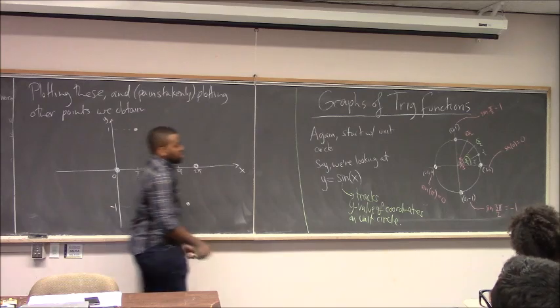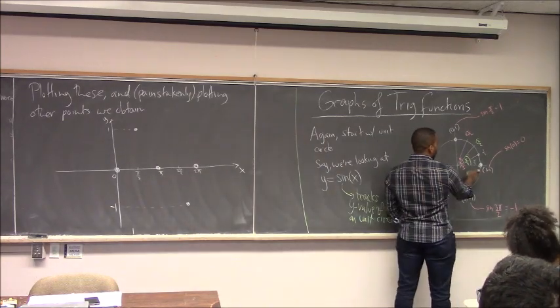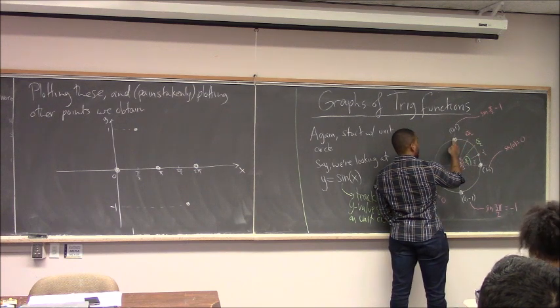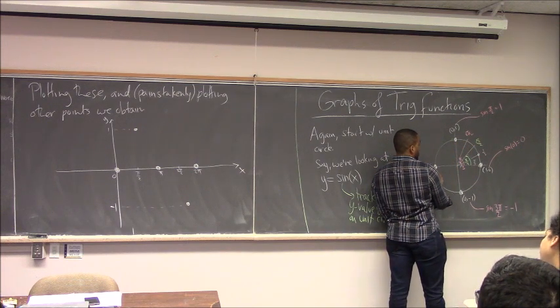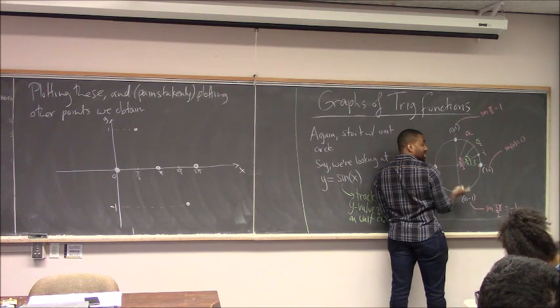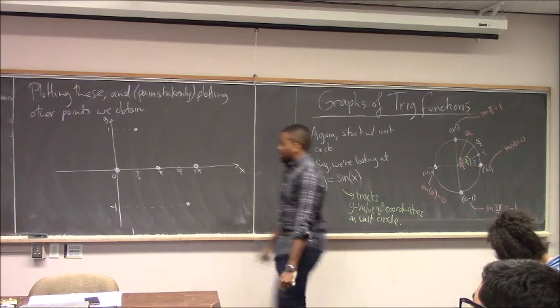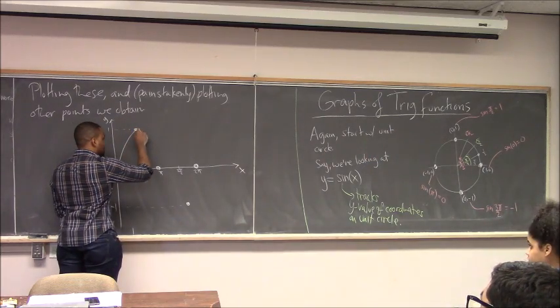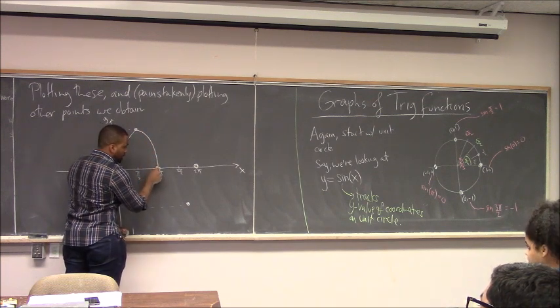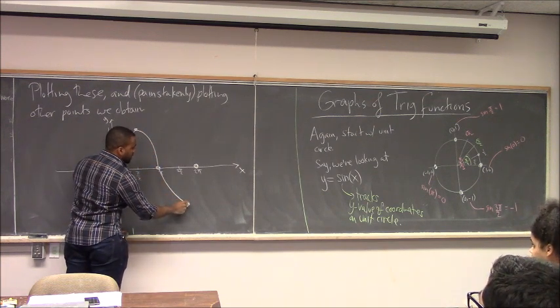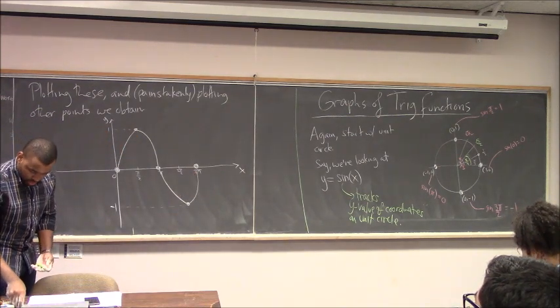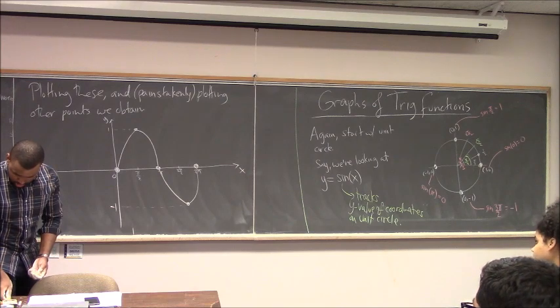And of course, you'll notice here that the y values are gradually getting larger until they peak here. They get smaller until they hit here. They get smaller still until they hit here. And then they start increasing, if you only look at the y coordinates. And so that will tell you that the function increases until it hits a peak. It'll then immediately start to decrease until it hits this. It'll continue to decrease until it hits that, and then it'll continue to go here. Right? So you can get the sine function in several